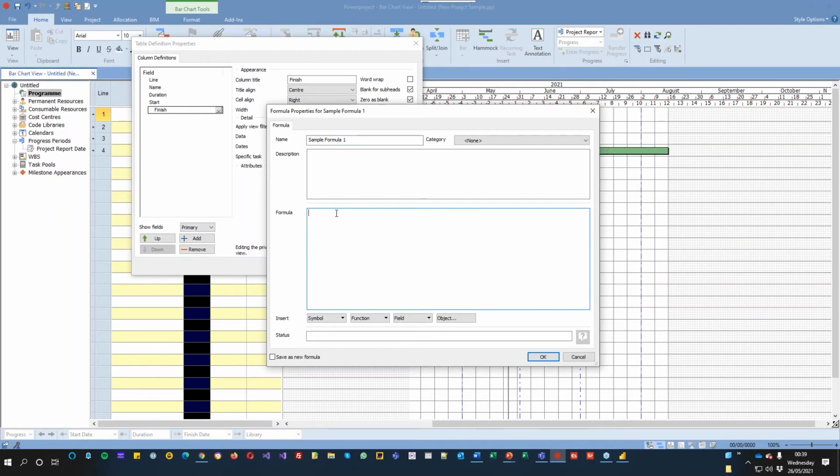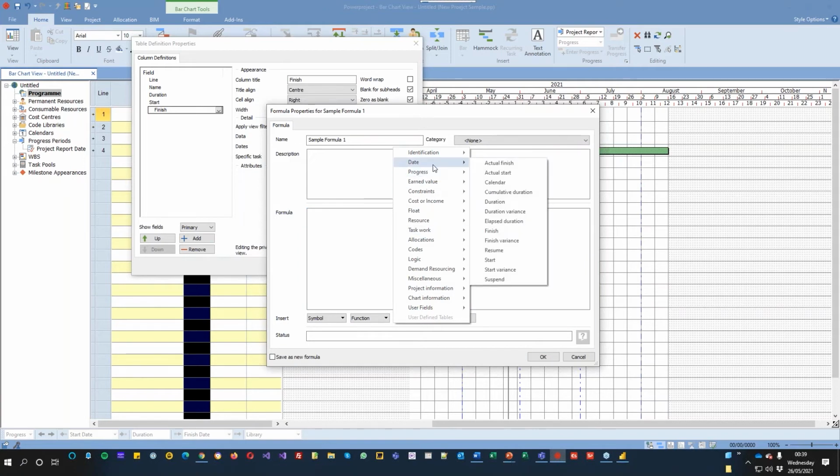Now, when you're constructing a formula, you've got 4 different selections at the bottom. You've got symbols, function, field, and object. We're only going to first of all concentrate on field. If I click on field, it will give me a list of all the columns that I get normally in my table definition that I can use. And then inside here, I'm going to go down and say, if I choose date